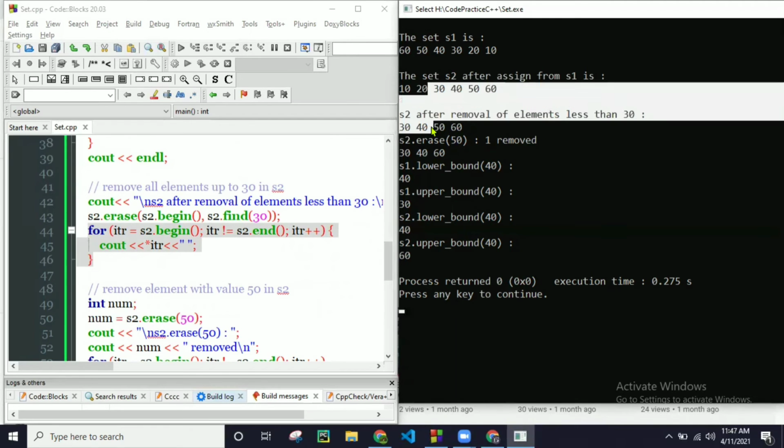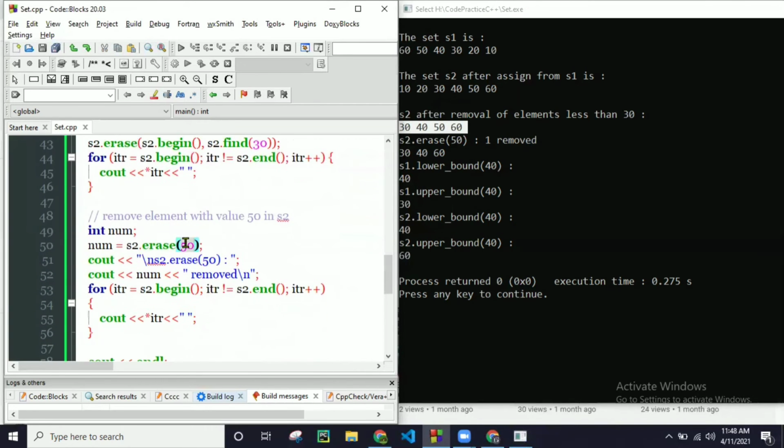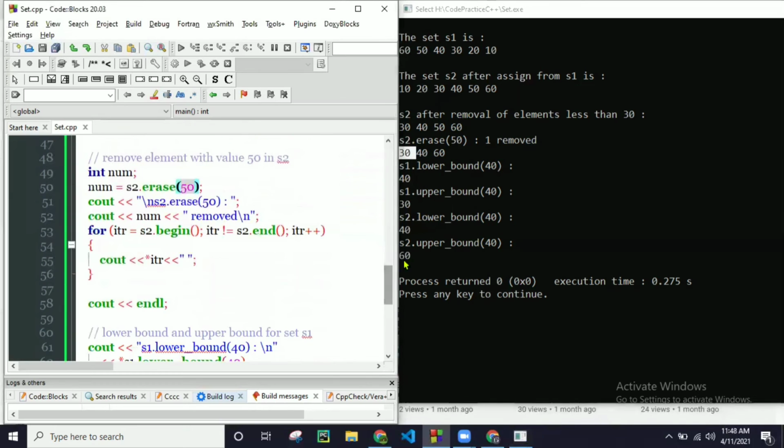So next we erased 50 here. So 50 is erased, and the boolean value is 1. And after that, when we printed our updated container, there is no 50 here.